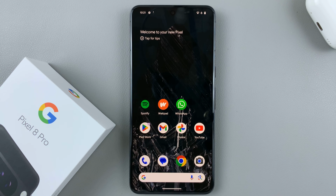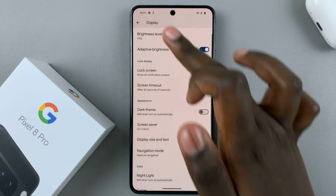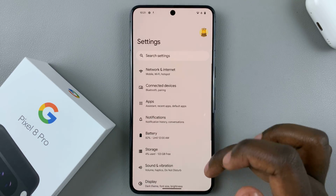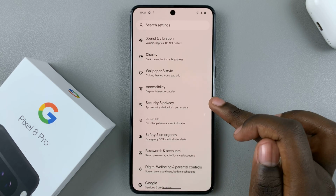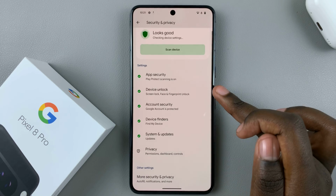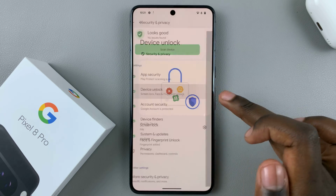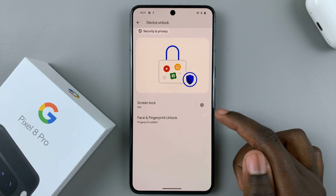In today's video, I'll be showing you how to add a fingerprint unlock on your Google Pixel 8. So first, open Settings, and under Settings, scroll down until you find Security and Privacy. Tap on that, select Device Unlock, and then here you should see the option Face and Fingerprint